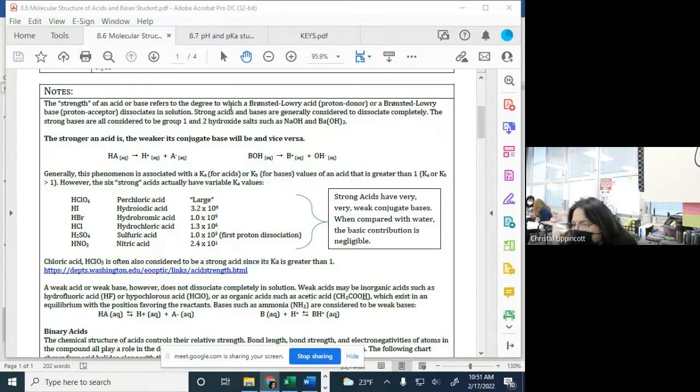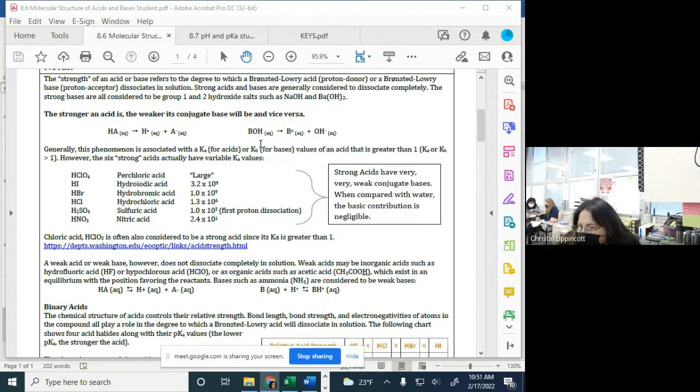So strong acids and bases are generally considered to disassociate completely. The stronger the acid is, the weaker its conjugate base will be. So remember, when we look at these,